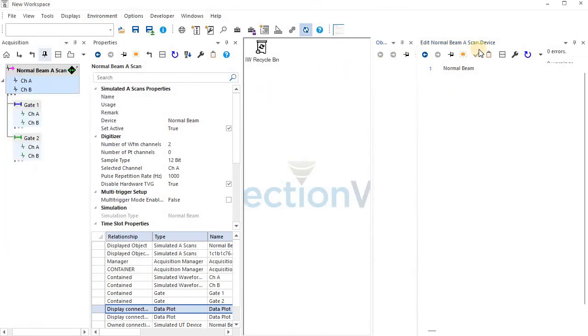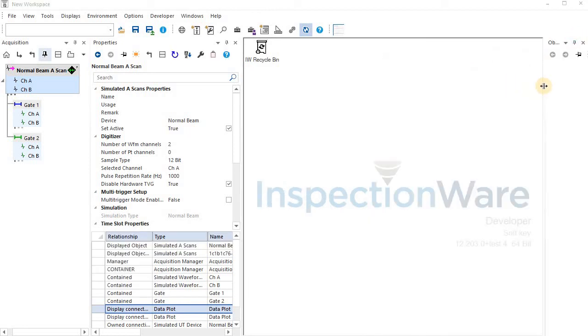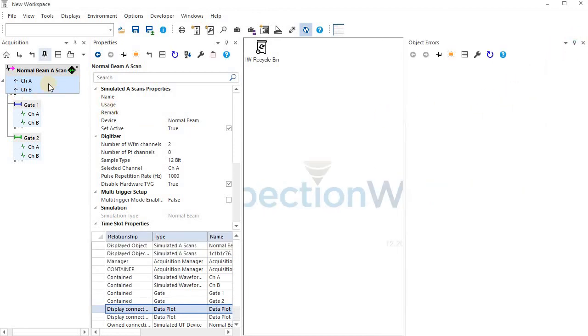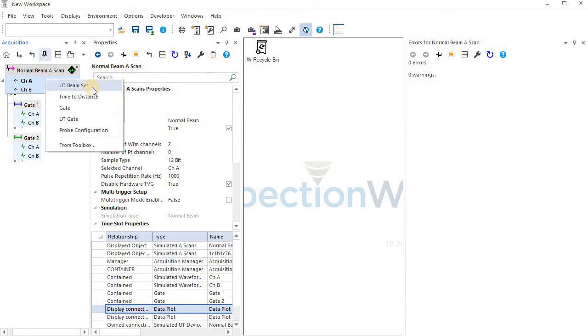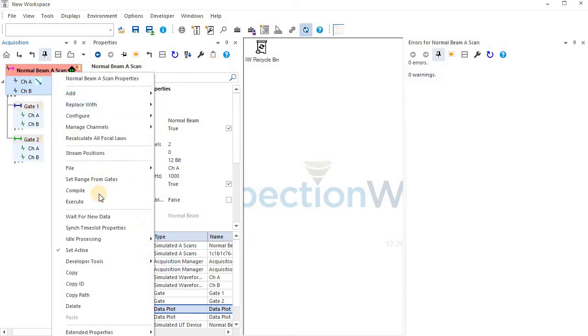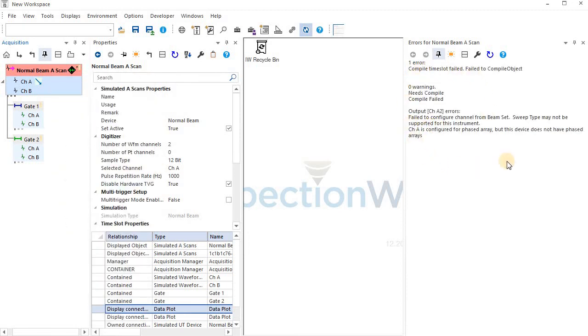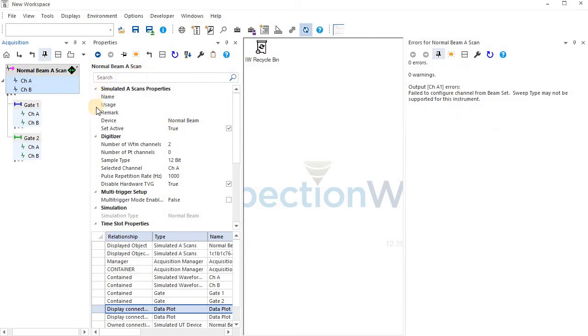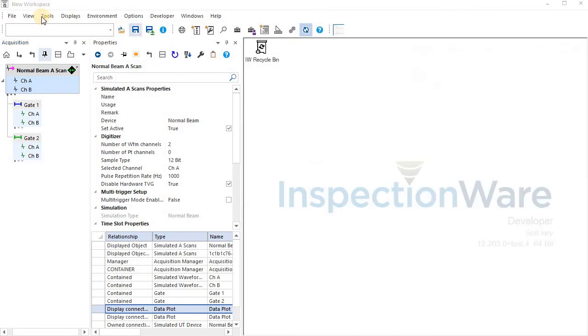Error window gives you detail errors on a single object. So if I can make a mess of this, I'm going to press my A for add and add this beam set, which doesn't make sense in this context, and I compile, and I get some information there. I'm just going to throw this in the recycle and we'll get back to life. So error, edit,